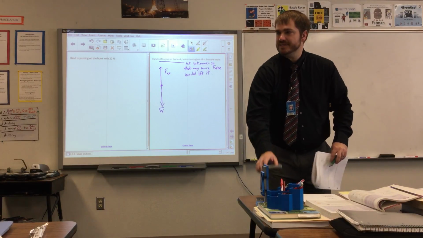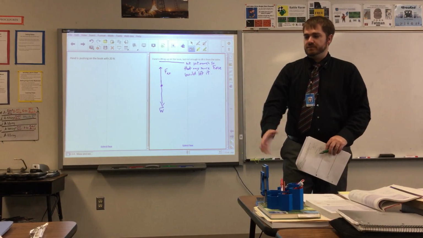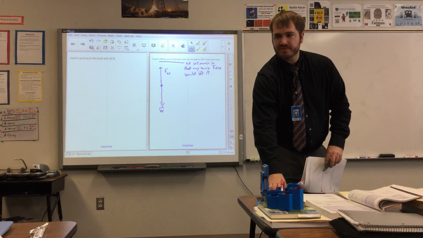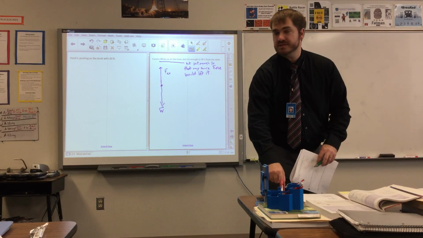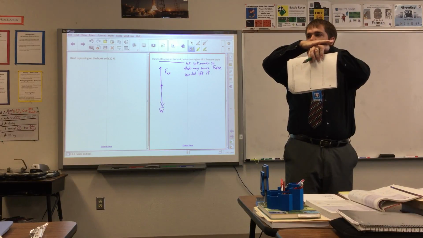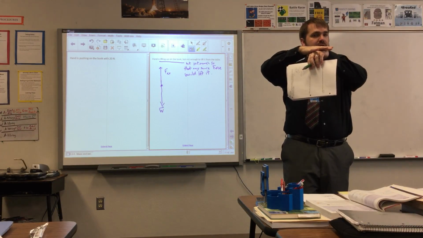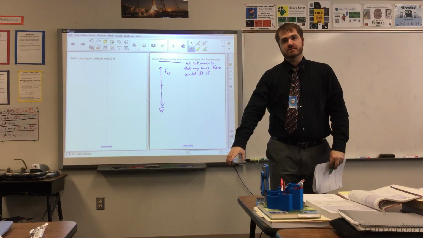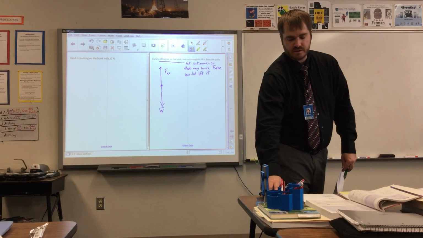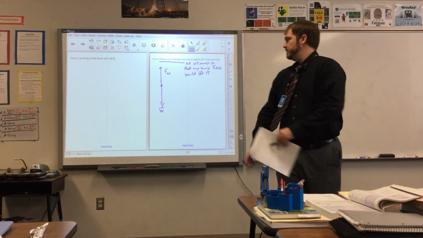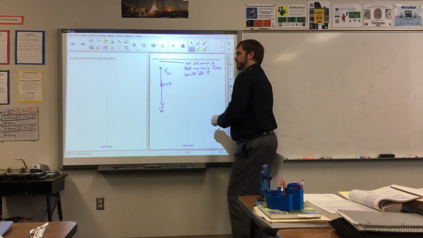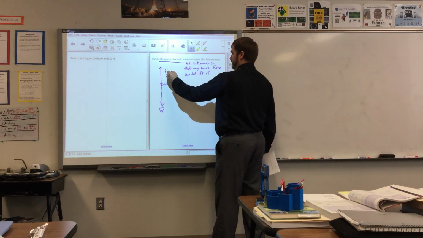In other words, I'm doing exactly what the table is. If the table's pushing up with 8 newtons, I'm going to pull up with 8 newtons, okay? If I pull up with 8 newtons, it's still going to stay here, and it's going to barely be in contact with the table, but the table's no longer pushing up on it. It'd be exactly the same as if I did this. I'm able to slide it right there, still no change. So the normal force, I'll put a little arrow here, is 0. And that is a thing, it can happen.